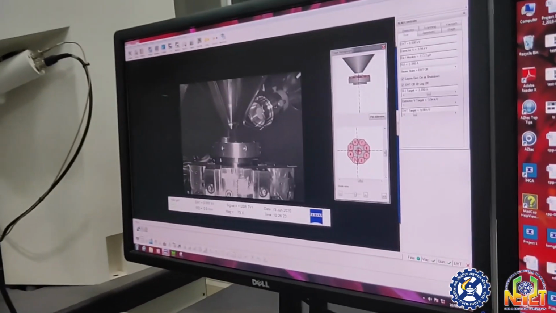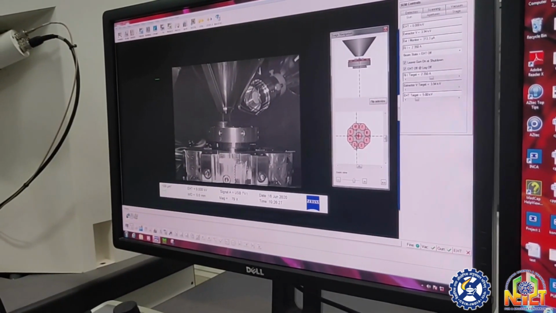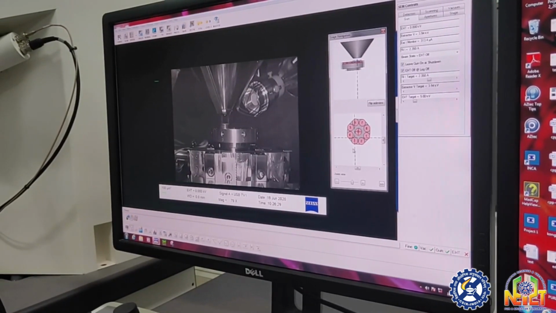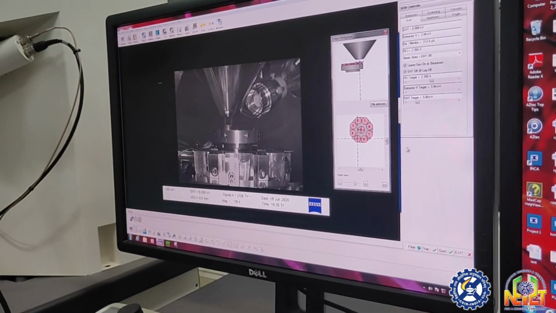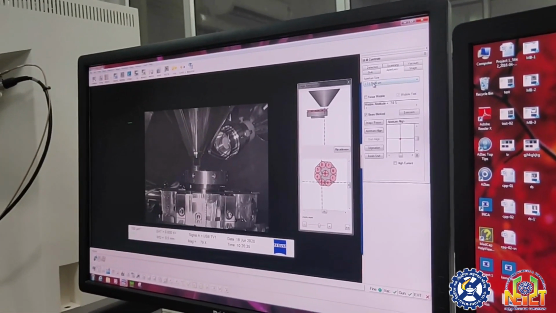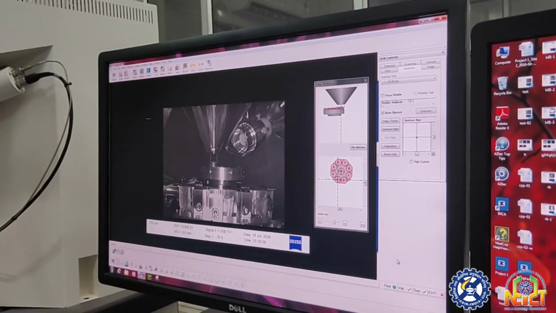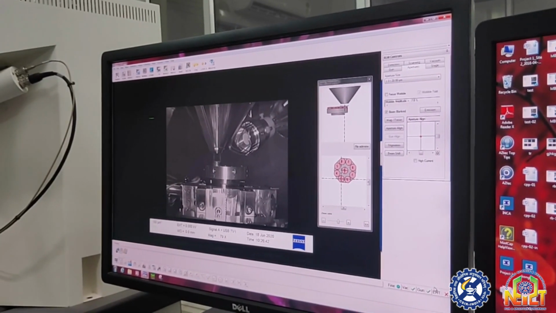Yeah, then we have to select a sample by double clicking, as we are putting the sample here in position 3. So I am clicking here, so it will come automatically. So then we have to check the aperture size. Here you see 20 micrometer is there for imaging purpose.